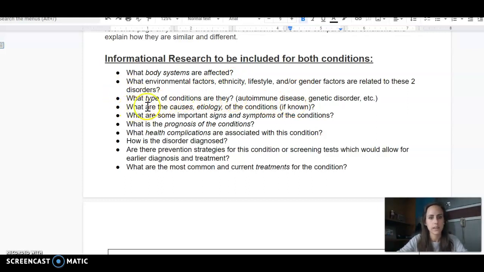So that's what you are trying to find when you are looking at what type of condition it is. Now this spot here, what are the causes, etiology of the condition, if known? I wanted to spend some time talking about this because I feel like this is always an area where students are lacking a bit. So I'm going to utilize the example of lung cancer because you can't cover the respiratory system, okay? So a lot of people might look at this and say, well, isn't the etiology the cause? And it essentially is, but